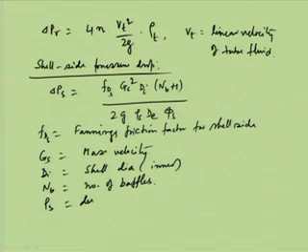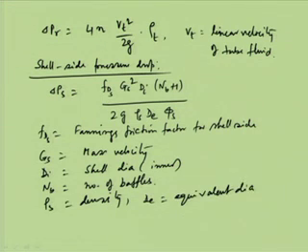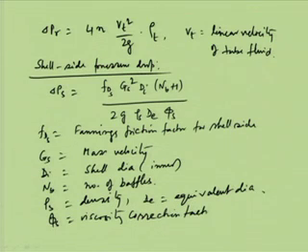And rho S is the density, dE is the equivalent diameter, and phi S is the viscosity correction factor. As we have seen, it is (mu by mu w) to the power 0.14 and so on. So, this is what is necessary to know to calculate the shell side pressure drop.